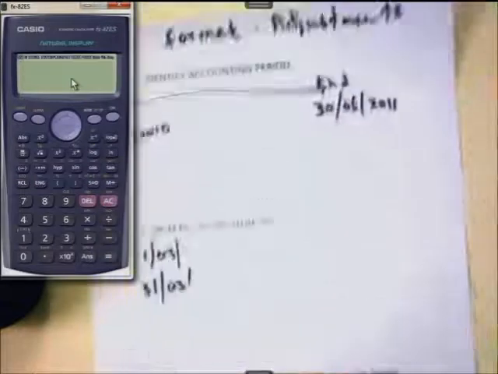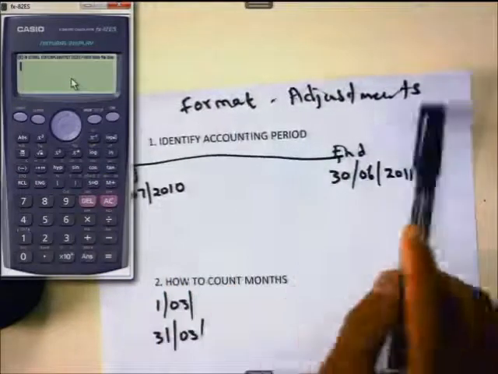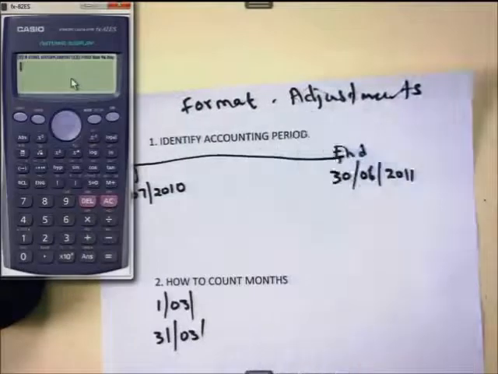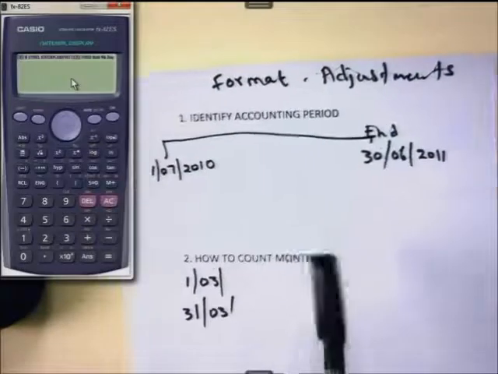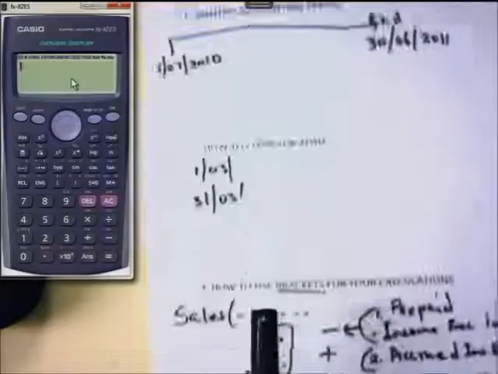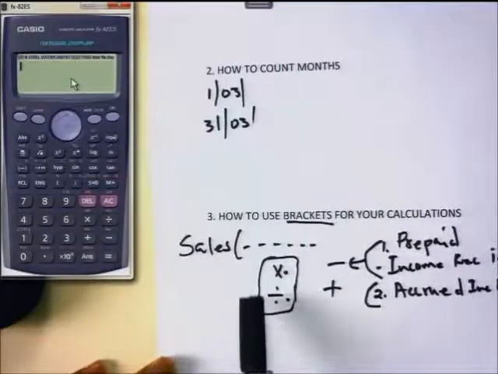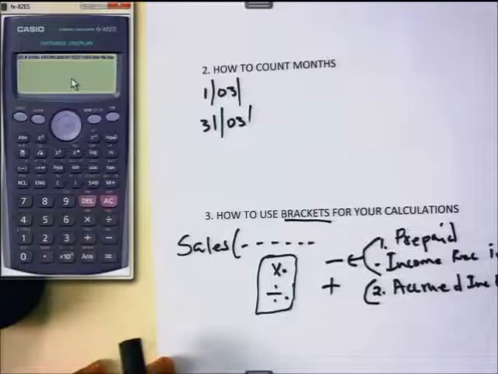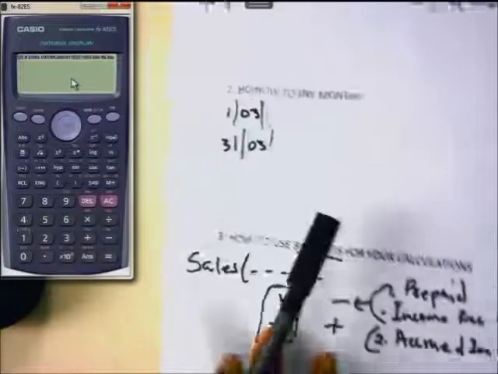Remember, we said you must know the format and then how to adjust to either increase or decrease the amount, and then you must identify the accounting period. You must know exactly how to count months, and then how to use brackets for your calculations. So let's check. I said we'll refer